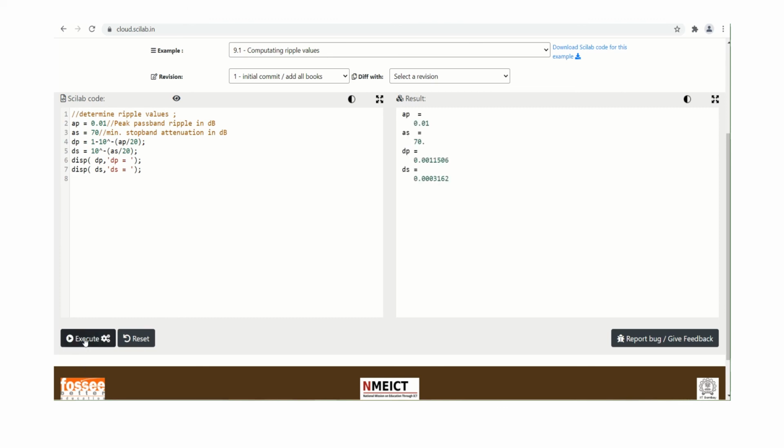Still you will get the same thing, but it is necessary to include this clear and CLC command, so that while performing the experiment our previous data should be erased. If I want new code, then the previous code should be erased, or it should clear itself automatically. So that's why we have to use CLC and clear command in Scilab while writing any kind of program. So you may use it or may not use it, but still it is advisable that you should use clear and CLC command.